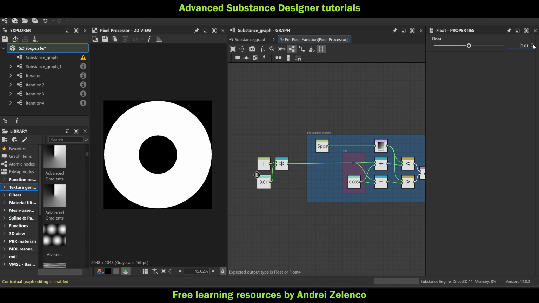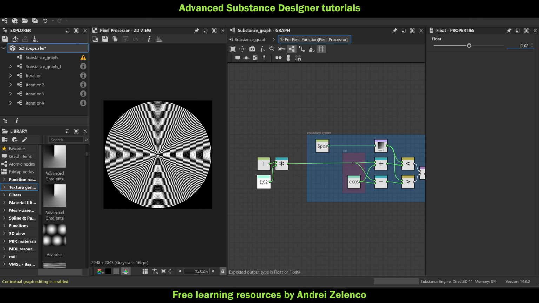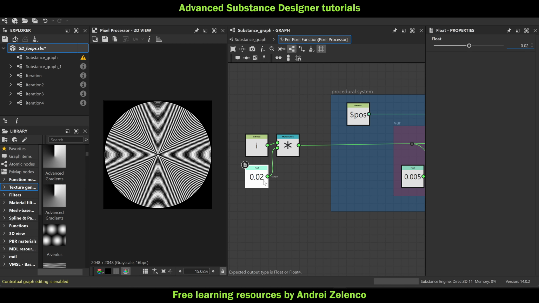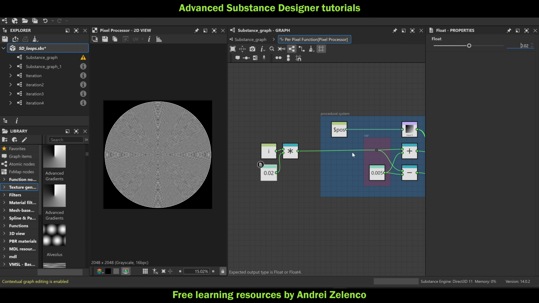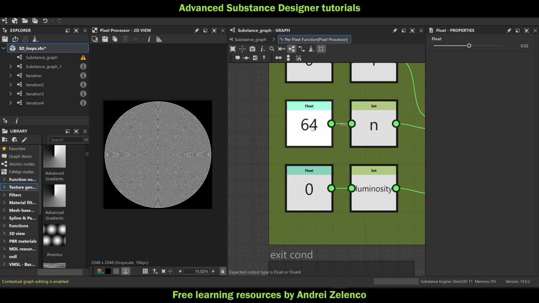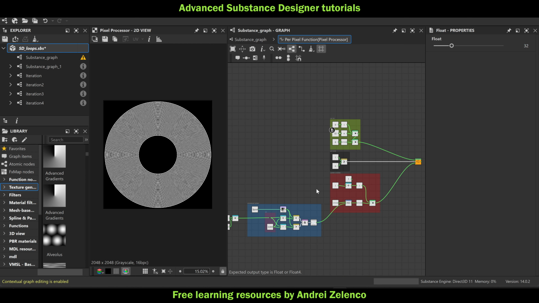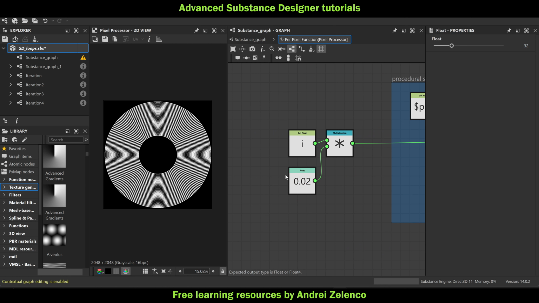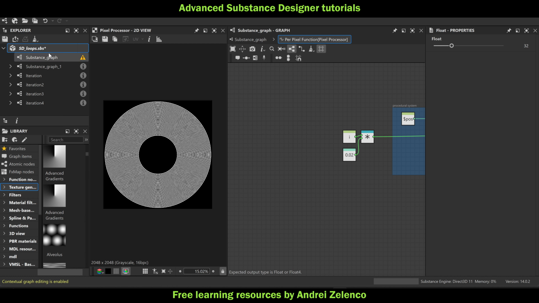Okay, so if I multiply this by 0.02, now you can see we have these concentric circles. Let me also do this maybe for this time 32. And then let me, instead of doing this, I want to do something else. I want to have